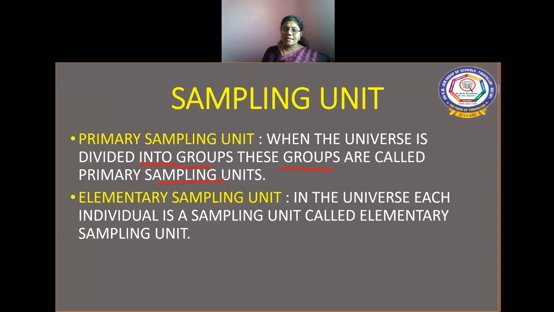Or we can select all the A sections as one group, all the B sections as another group, and we can do that also. This type of sampling selection, that group, is called primary sampling unit. And elementary sampling unit is, in the universe of 2000 students, each student, each individual is a sampling unit, and it is called elementary sampling unit.